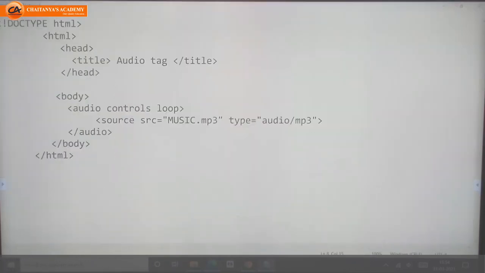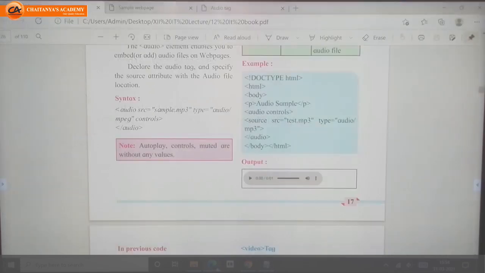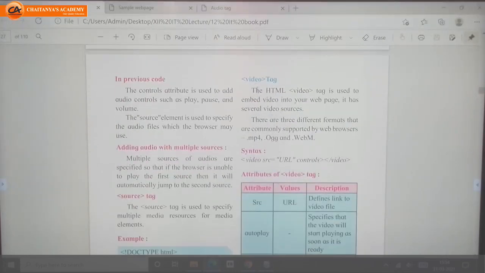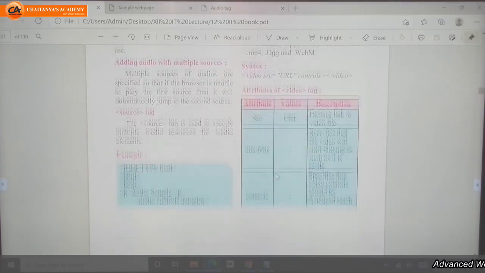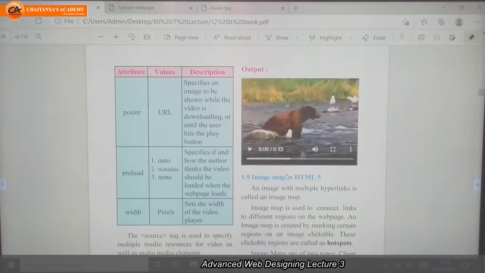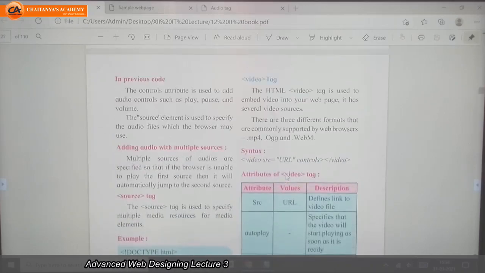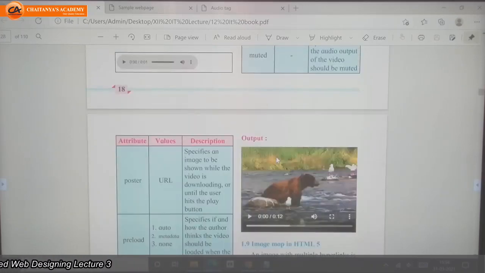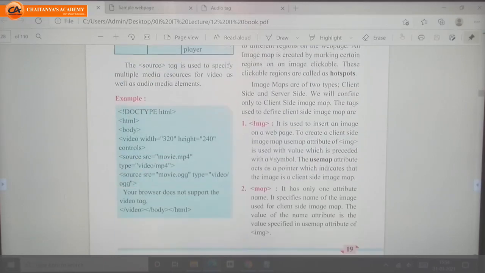Next, we will see video. For this purpose, we need to use the video tag, and the same source tag with src and type attributes.